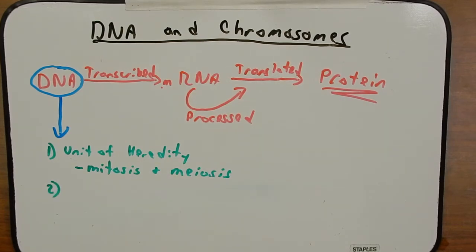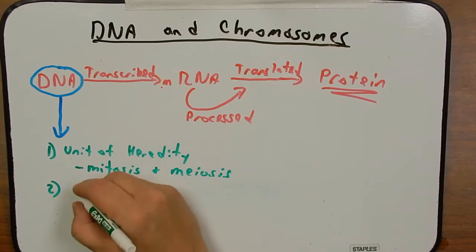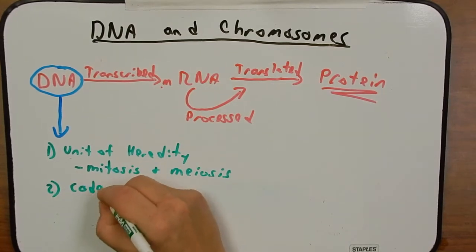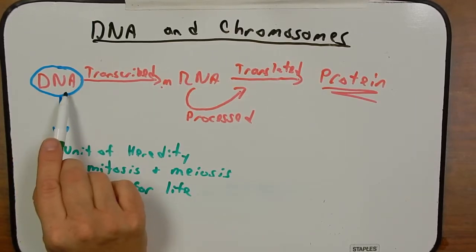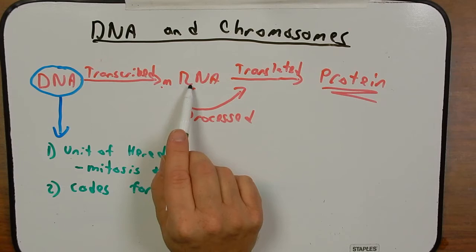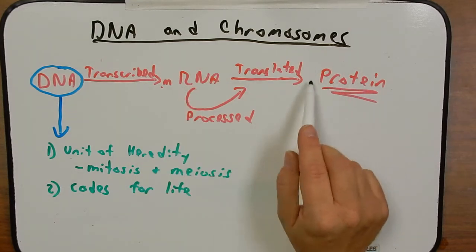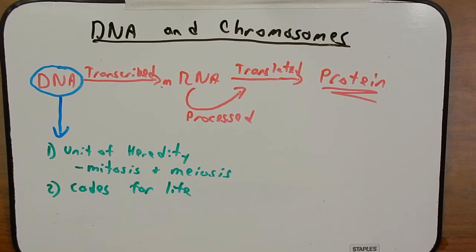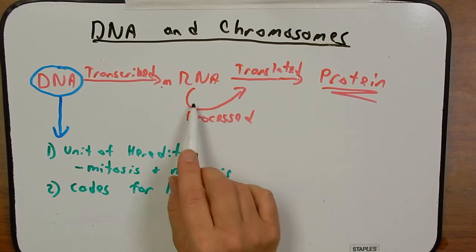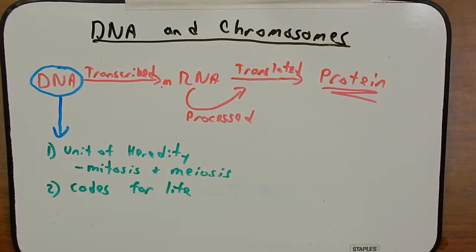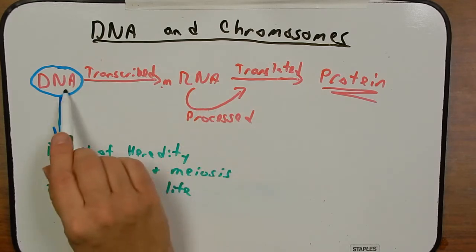The second reason we want to understand DNA and spend some time with it is because it codes for life. Not to be too dramatic, but the DNA sequence here ultimately decides which RNA molecules, what they will look like and how they will be translated into proteins. And these proteins, by and large, determine our traits. Now, we know some RNA molecules never become proteins and they themselves play a role in determining our trait, but ultimately, that is all in our DNA.